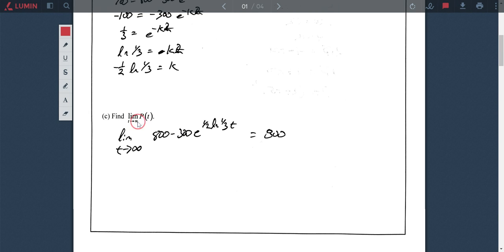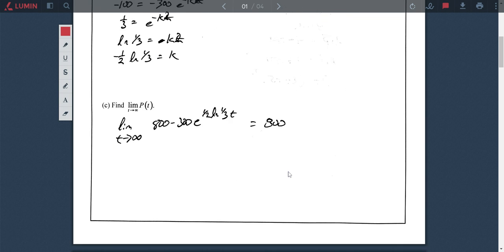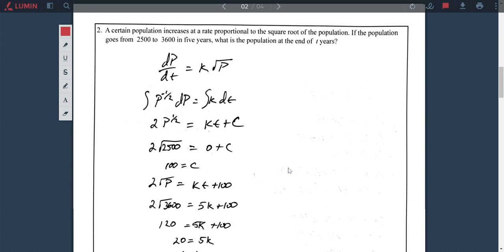And remember the other day when we did this limit process, if I have e to a negative power, this whole thing is going to turn to 0 because I'm going to have 300 over e to infinity. And a number over infinity is always going to be 0. So 800 minus 0 gives me 800. Number 2,